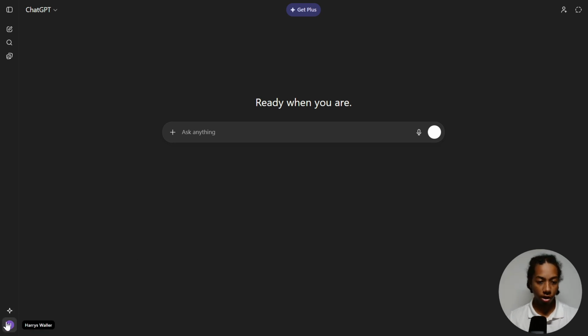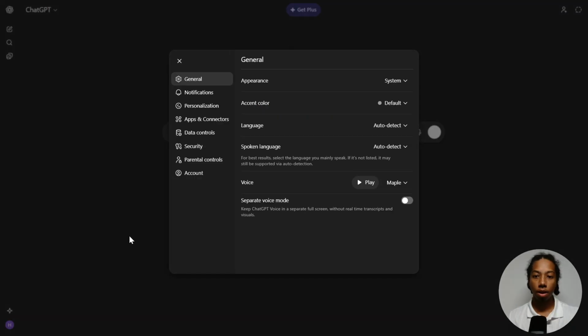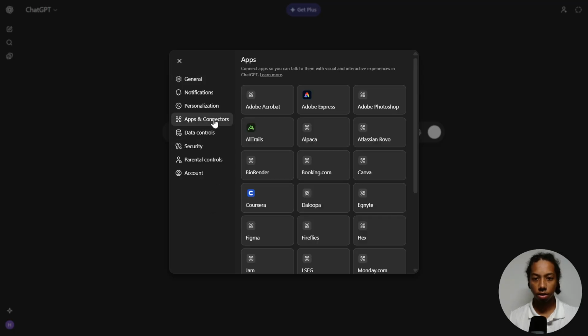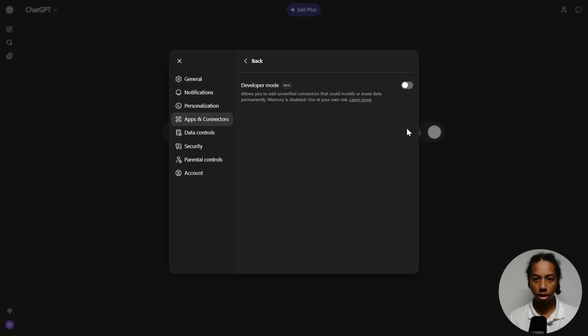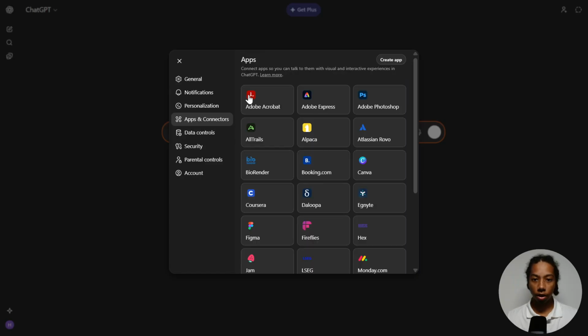So firstly, we're going to go down to the bottom left corner where your icon is, and we're going to go to settings. And then you just want to go to apps and connectors. And then you just want to scroll down to advanced settings, and then turn on developer mode. What developer mode will do, as stated here, is allow you to add unverified connectors that modify or erase data permanently. And the reason why we need to do this is that if we just go back here,